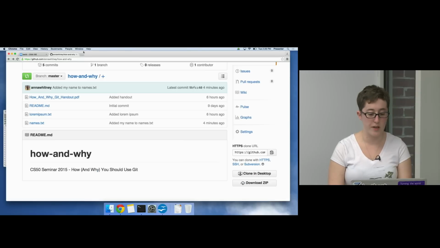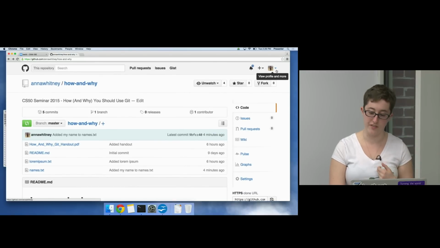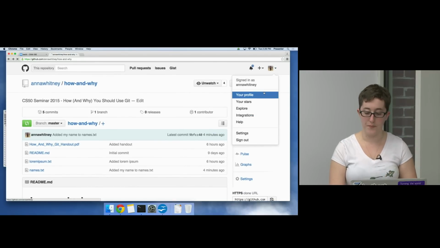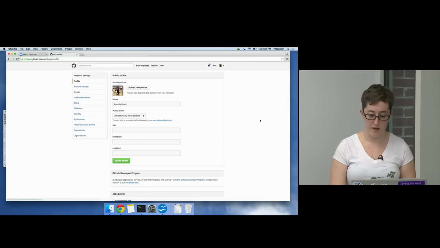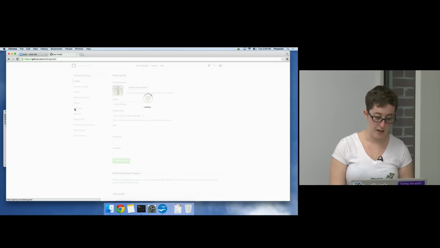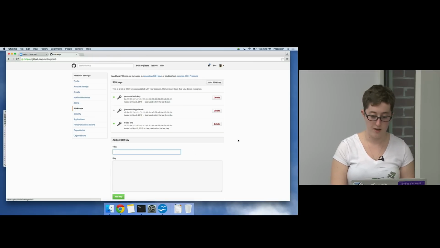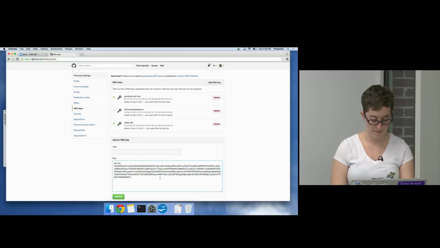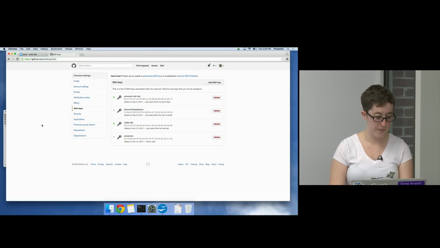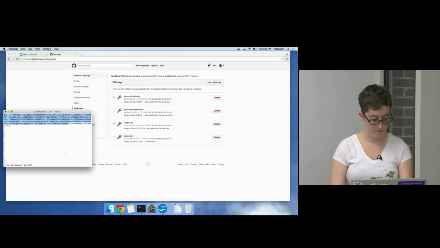All right, so what I'm doing is I'm cloning the repository onto my computer. But first, I have to add another set of SSH keys so that I can do that. Okay, so now,